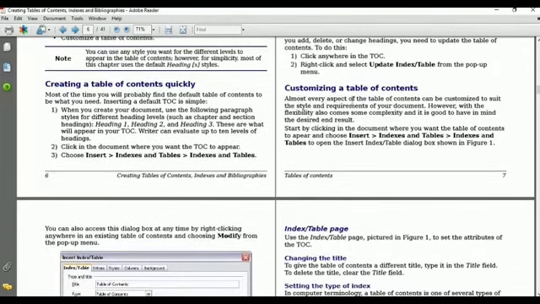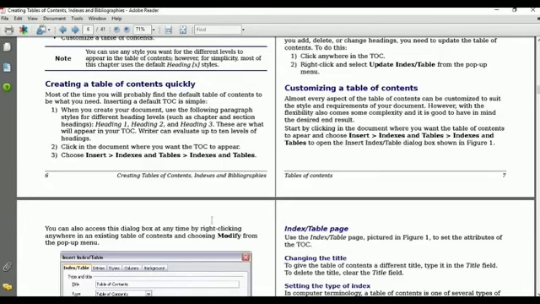Also, almost every aspect of the table of contents can be customized to suit the style and requirements of your document. However, with the flexibility also comes some complexity, and it is good to have in mind the desired result. Start by clicking in the document where you want the table of contents to appear. Insert Index and Table option to open the Insert Index/Table dialog box.